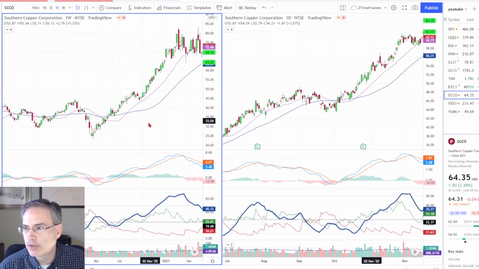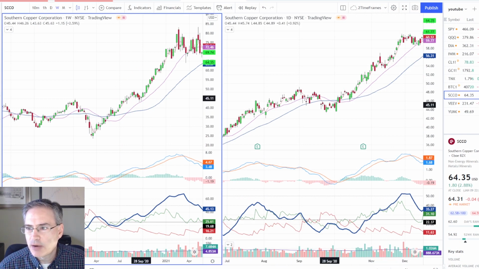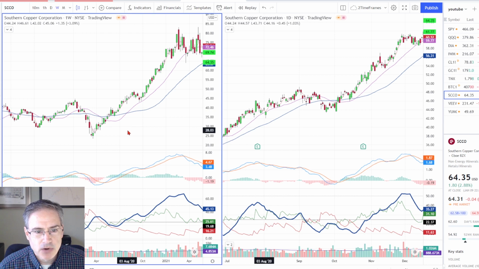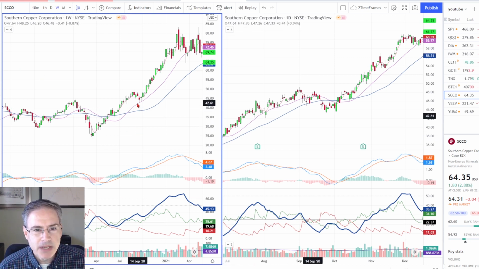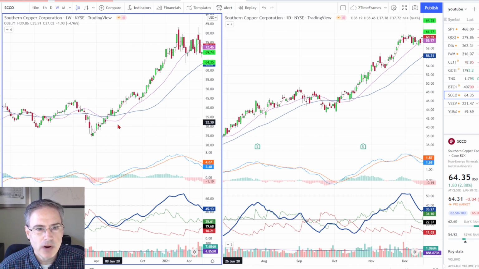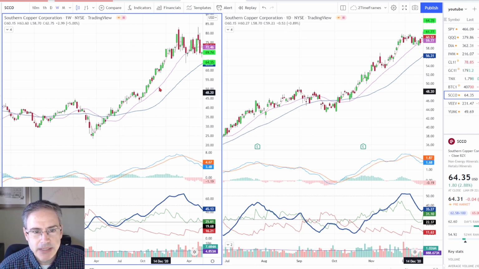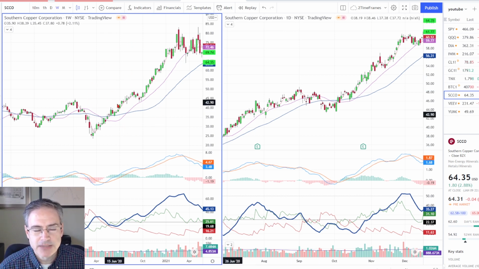I've got a couple of different examples. I'm starting with Southern Copper, and I've got a weekly chart on the left and a daily chart on the right. And so the combination that I'm looking for is I want a pinch play on the higher time frame. That's my starting point. I want to have a pinch develop. And if you see how this plays out here,